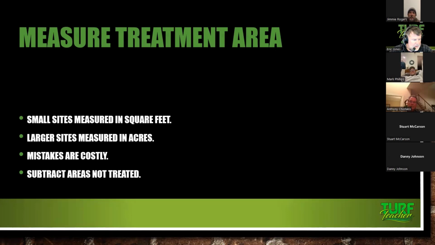If somebody calls, and yes, I understand if we're in the same neighborhood and we're already treating 20 lawns and they are within a certain number of square feet in size, we could probably estimate any other yard in that neighborhood. But here in Winston-Salem, we have some flat lawns in the same neighborhood, and then we've got some lawns that are on a steep slope. Totally different situation there. But how are you guys measuring your lawns?